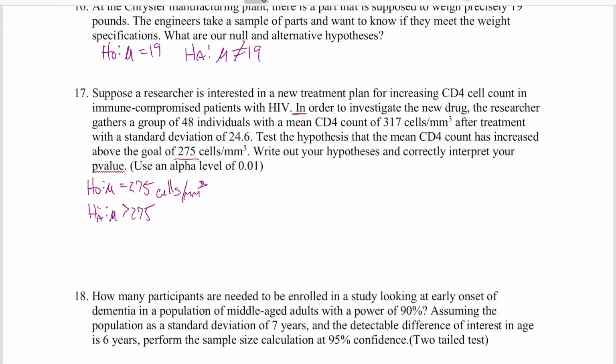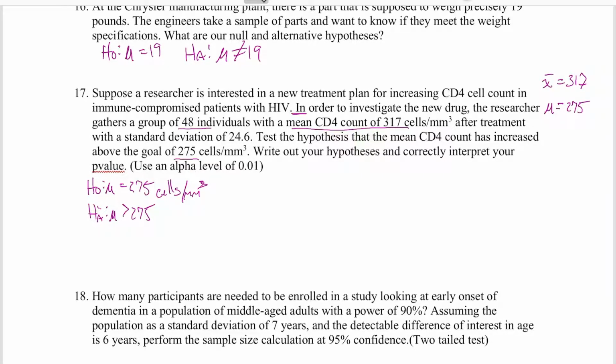Starting here at the sentence, in order to investigate a new drug, the researcher gathers a group of 48 individuals with their mean CD4 count of 317. If you see a group or a sample or something along those lines, we're gathering people and we're getting a sample average. So a sample average is going to be your X bar. So if you have 48 individuals and their mean is 317, that is their sample, so that's X bar, that's the average. Whereas, once again, mu is going to be our test hypothesis, what we're testing against, and that's going to be